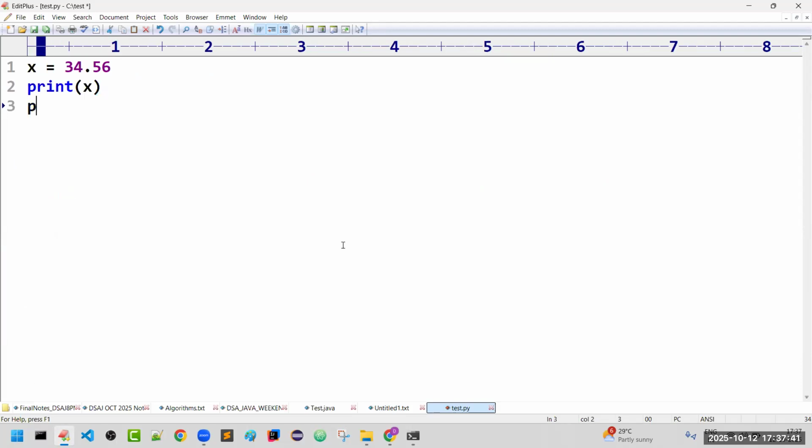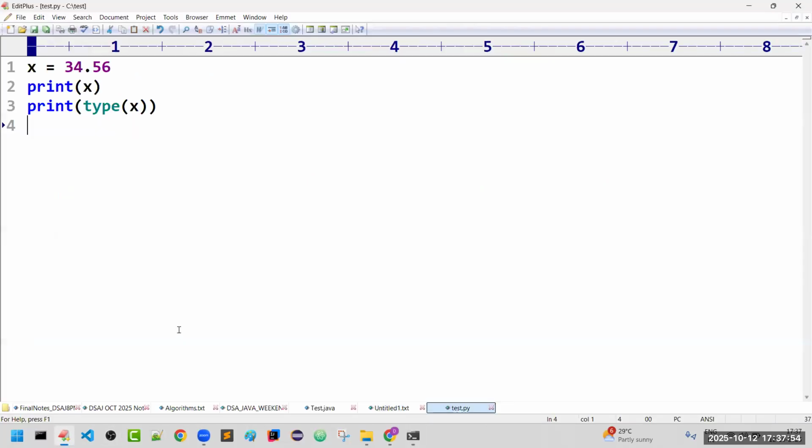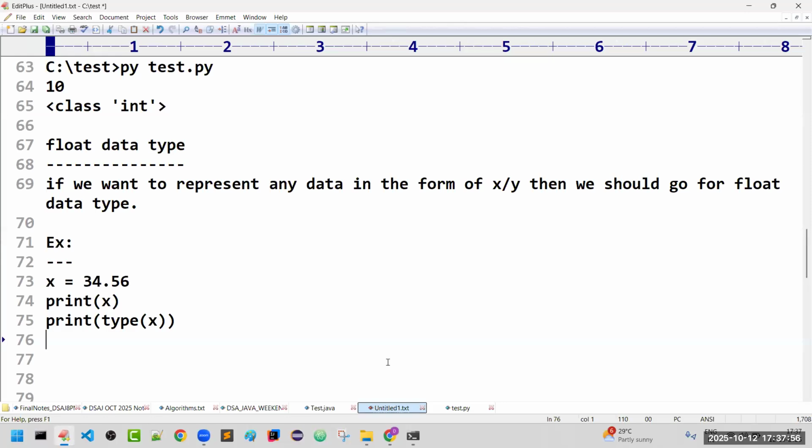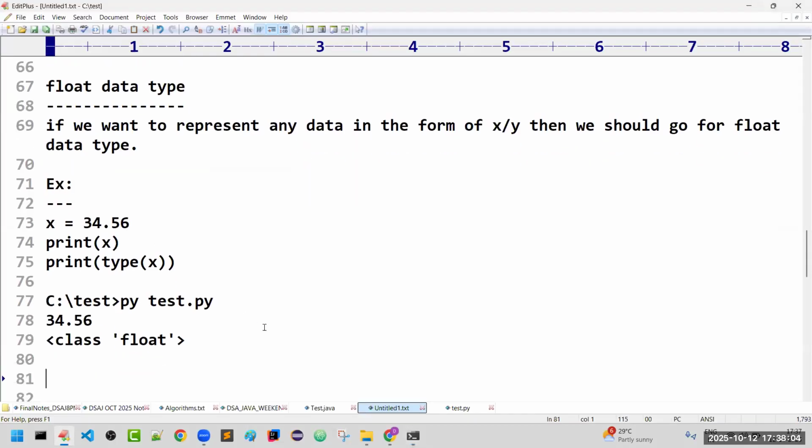Print of x, and I am taking the type of x. Now let me execute and check. You can see 34.56, and it is floating point type. This is how we can represent a floating point value. Any doubt? Please confirm, everyone.